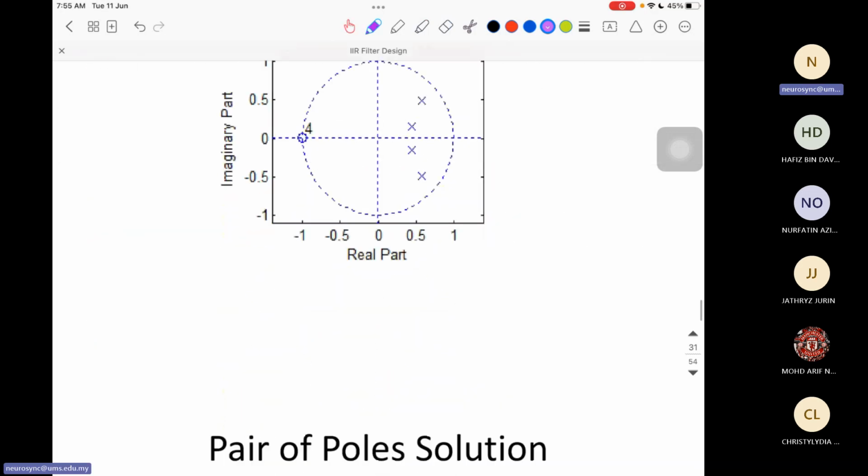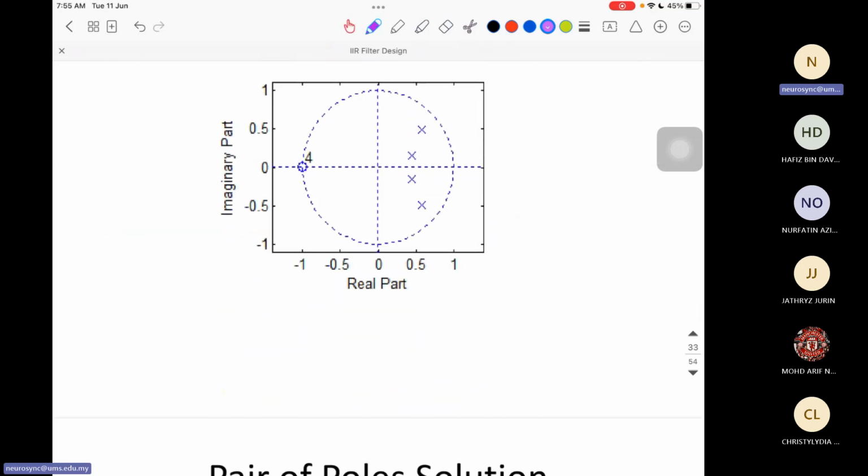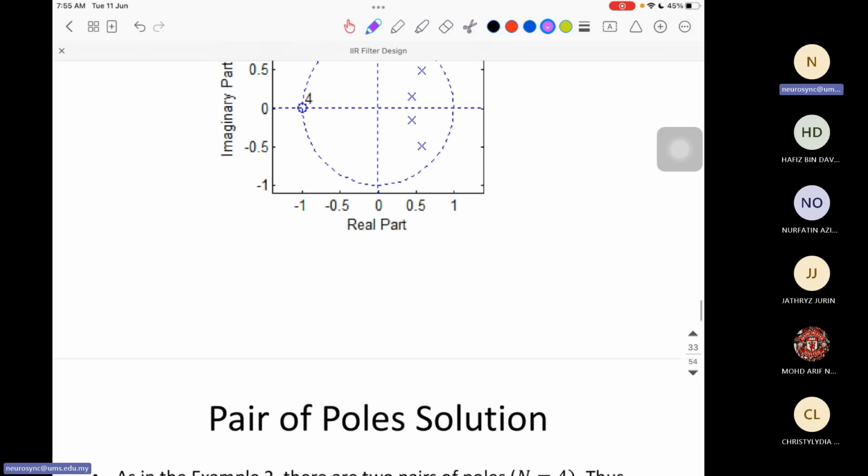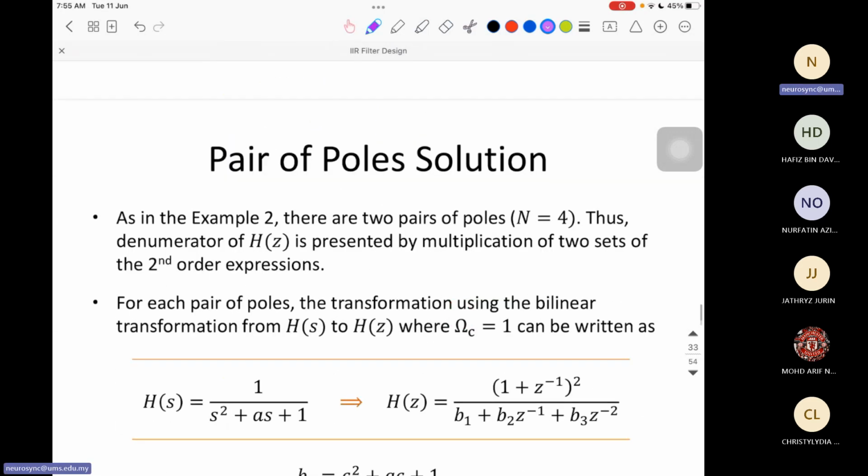Okay, but here you observe that the poles are on the right half plane. You are not getting poles in the left half plane. So you can say this is an unstable system. If the poles are on the right half plane, then your system will not be stable in that case. Okay,